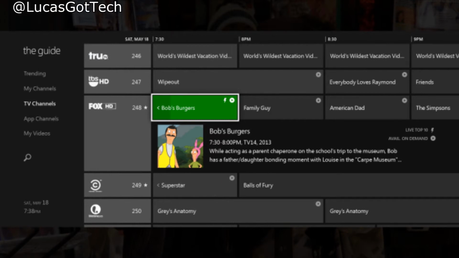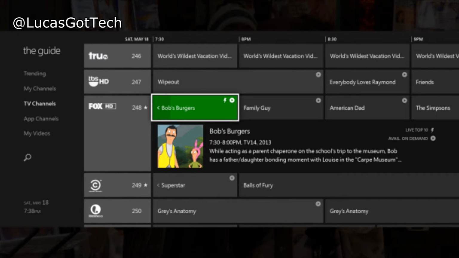That seems dumb. Well, the reason you can do it is because you can do side by side like you've never been able to do before. You can switch from the internet or something else straight to TV, or you can put TV off to the left and play a game. You can do all kinds of things on one screen, but if you don't connect your satellite box or your cable to your Xbox, you can't do that. You cannot do it side by side. You have to connect your cable box or satellite box to your console to be able to do that. So that's awesome. I love that. I'm definitely going to do that.